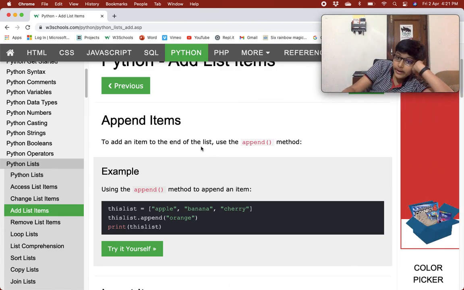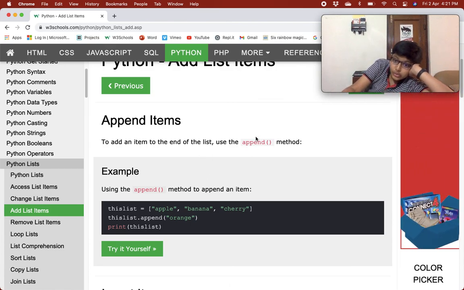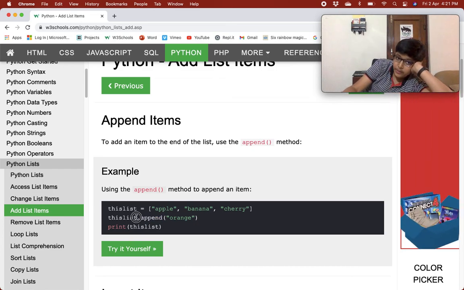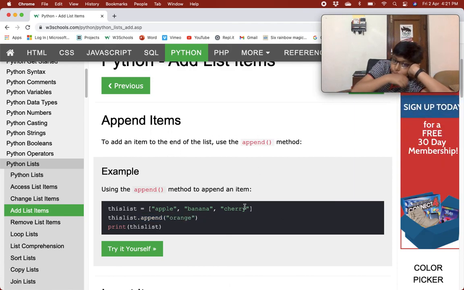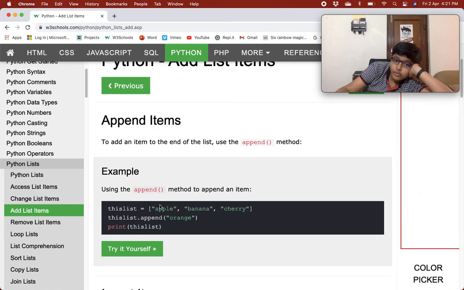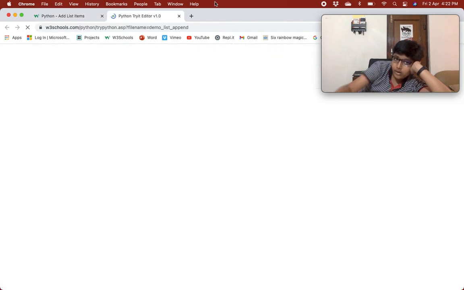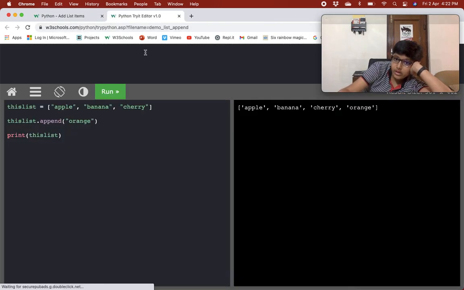Using the append method to append an item, if you do list.append orange, then it would add orange in the end. So the list now would be apple, banana, cherry, orange. And when we are printing it, it would show us.